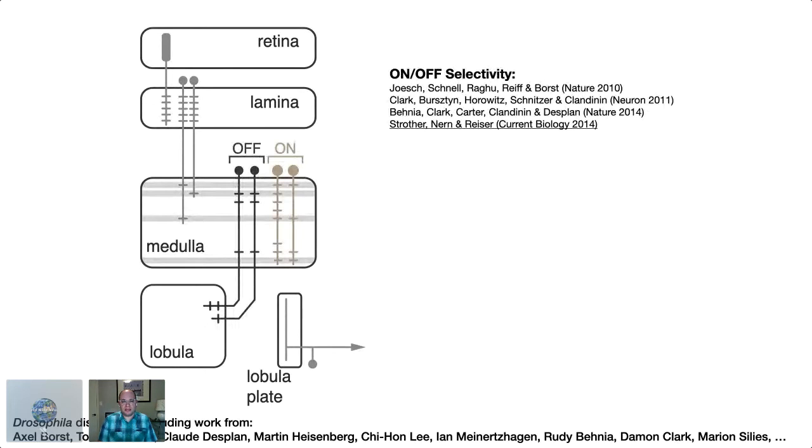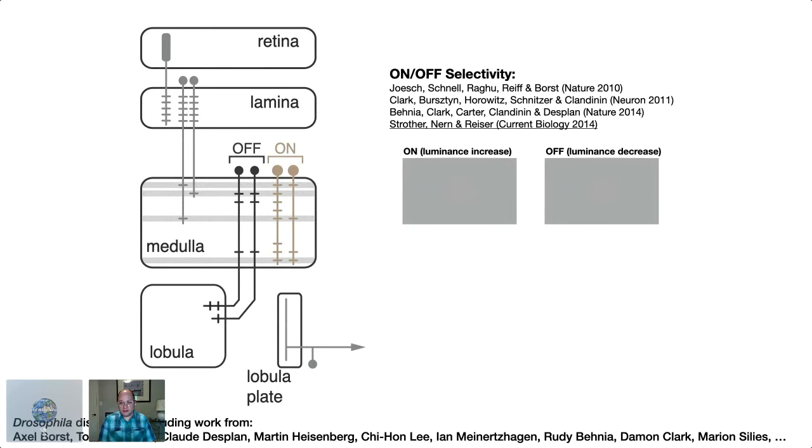And so one big, really key piece of the puzzle that filled in first was this idea of on-off selectivity, which had previously been mysterious, but it turns out that also in the fly visual system, we have this strong bifurcation into on and off pathways. And so just so we're on the same page and everyone knows what we're talking about, let's just say there's a hypothetical experiment we're doing with a visual stimulus. So if we have a gray background and within a patch of that, we have a